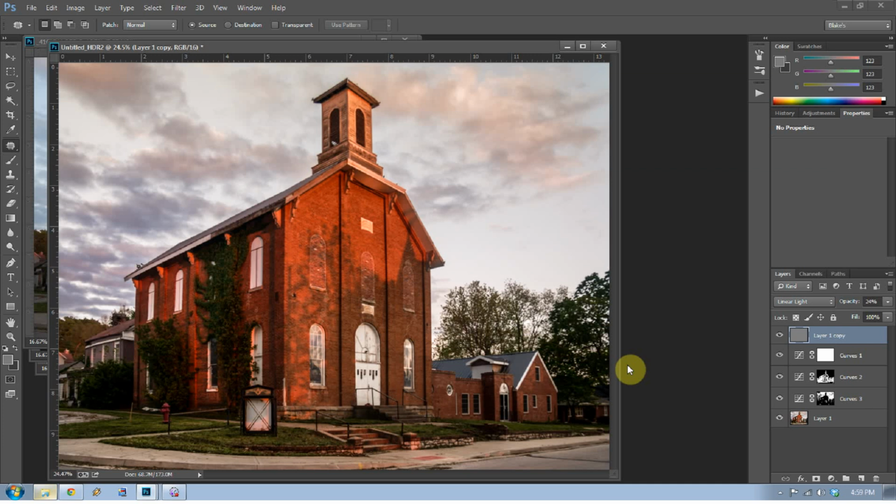Again, you could continue to post-process this further. You could throw cross-processing on here. You could throw anything you want at it, what your normal HDR workflow is, or what your normal workflow is for that matter. So again, this is my 32-bit HDR workflow with Adobe Photoshop CC.